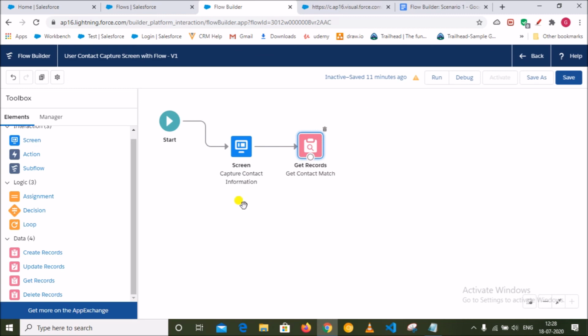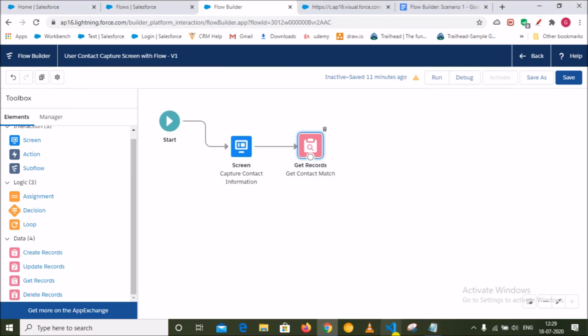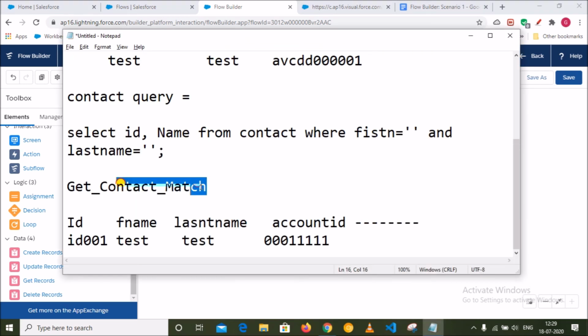What we have done till now: we have created the screen flow, and we are getting the record if the match is there, right? So we are querying the Salesforce database, and we are storing it in a record.